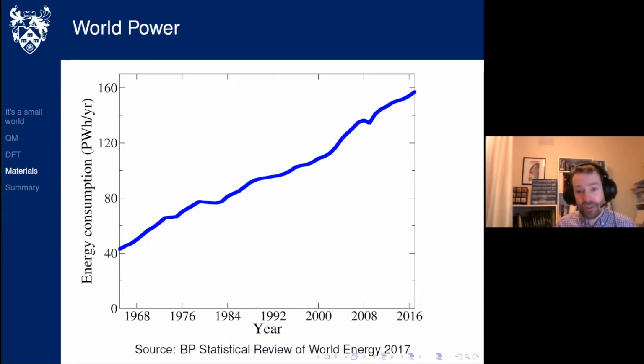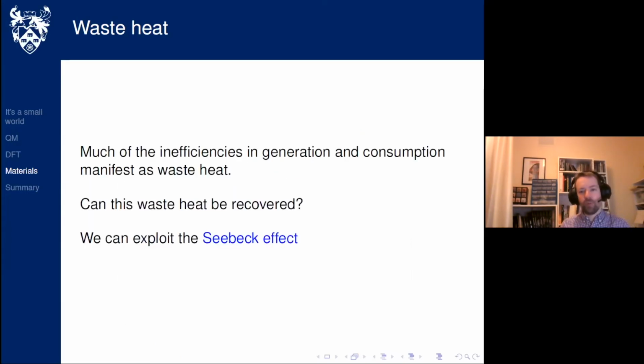It's actually not sustainable even if you discount climate change, although obviously climate change is a big cause for concern. What can we do? Well, there are lots of things we can do. We could change our habits, of course, and we can look for doing things a different way. But one thing that we've been looking at is, where is this energy used? And in particular, is this energy always used wisely? And the answer is no.